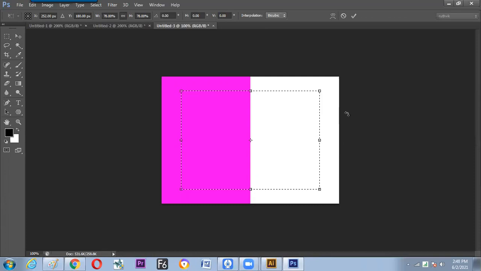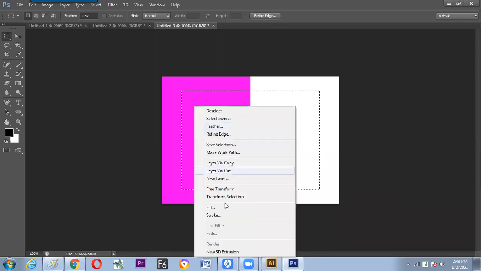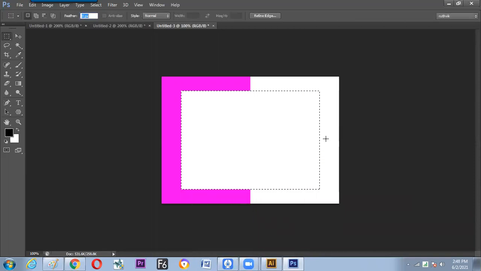Condition, this reference has to be in the center. If it is on the side, then it will scale down from all this and it will go down like this. It will not change. And press the enter. And we can fill the color now. How to fill? Press the backspace or give a right click and switch to the fill and go for white color to fill up. So nice. Is it clear?